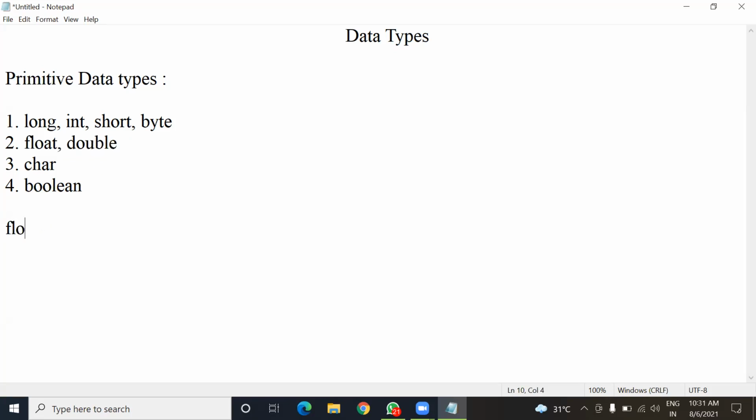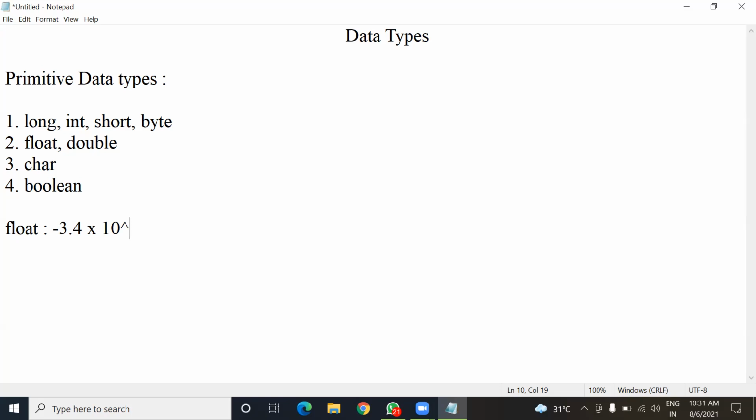Here I am going to write it. It is also given in your book. The range of float is minus 3.4 into 10 to the power minus 38 to 3.4 into 10 to the power 38 minus 1. For power here, I am going to use this operator because in Notepad I can't type power.